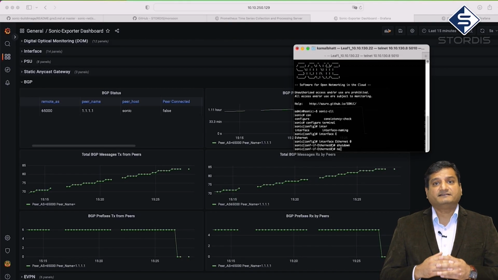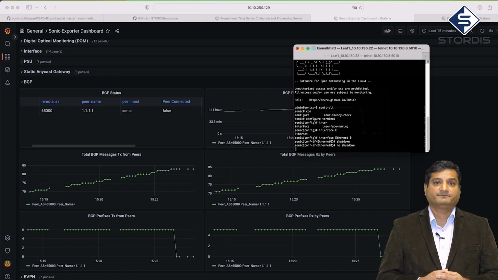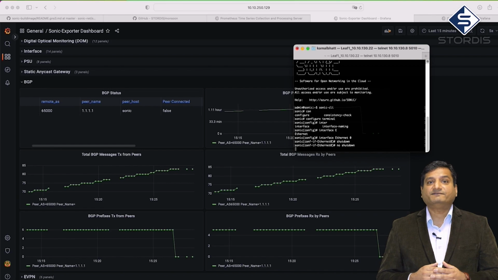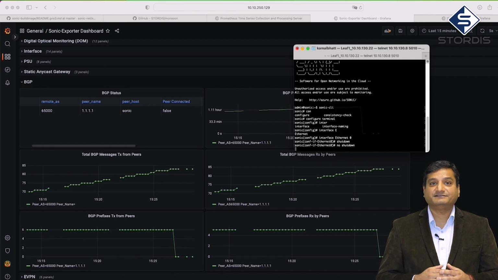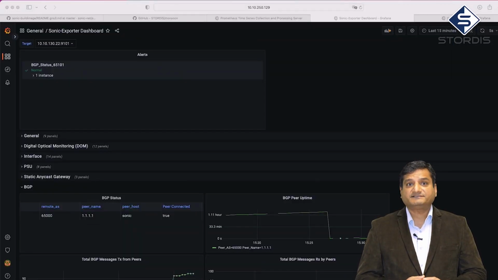Let's resolve this alert by bringing the edge router or the Ethernet port 0 to up again. After a few seconds of network correction, the alert returns to normal state. If you want to keep alerts in alerts panel which are in firing state only, this configuration can also be done in alert panel. The respective BGP status of resolved alert is also reflected in other BGP panels of dashboard